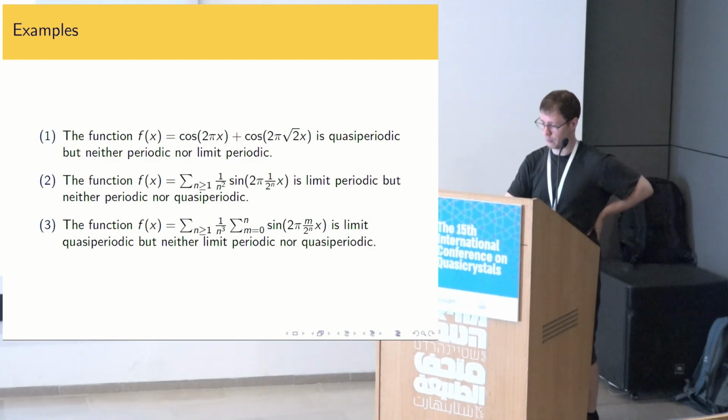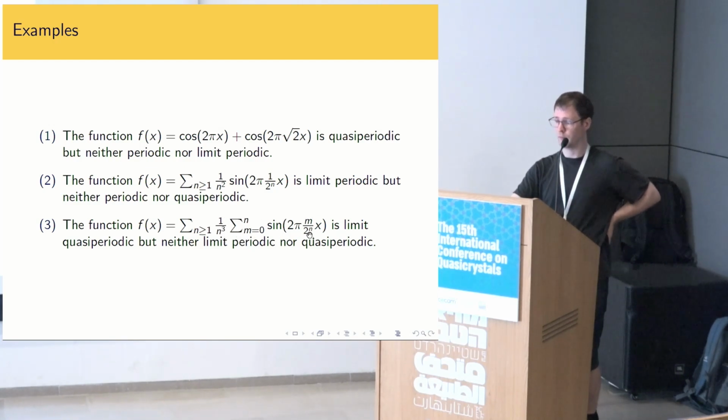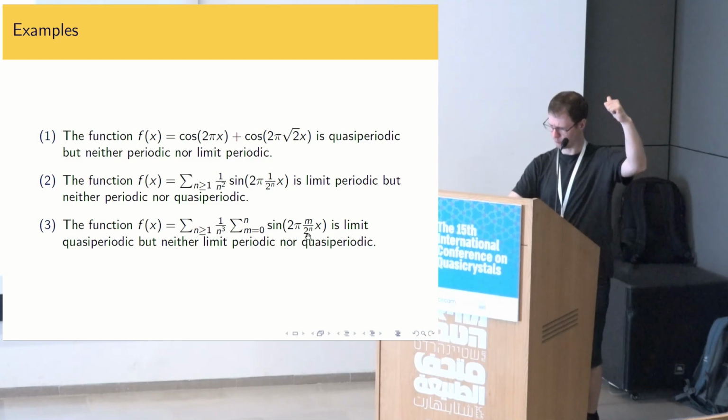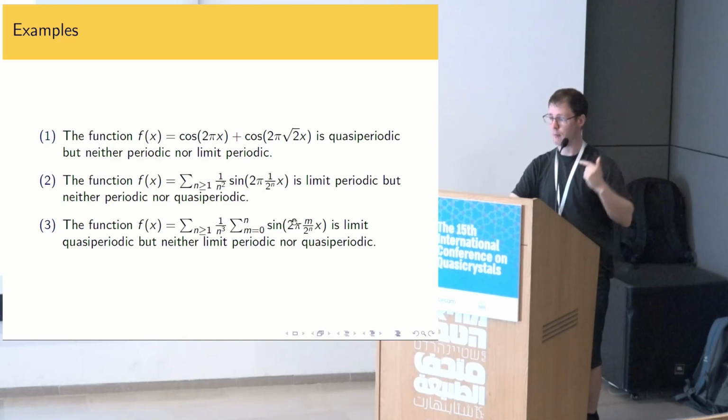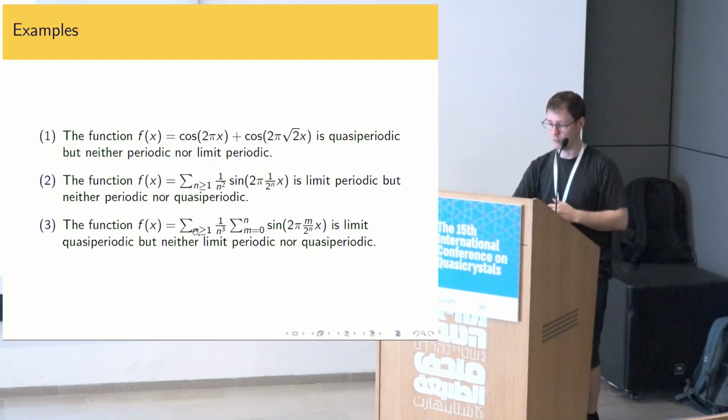And this is limit quasi-periodic, because for finite n, this here is a quasi-periodic function, because we again have minus 1/2 plus 1/2, minus 1/4 plus 1/4, but only finitely many, so it is quasi-periodic. So also the sum, but the limit, and if you consider the limit, it's limit quasi-periodic,